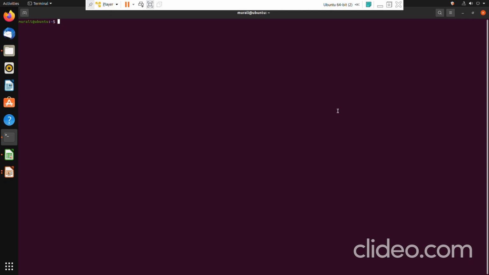Whatever editing operations we do with VI, we can very well do with SED, but non-interactively and much more than that. That's why we call SED a non-interactive editor. Non-interactive editor means just by issuing the command, we can do the editing operations on a file or a set of files with the help of the SED command. So what is the advantage of non-interactive editing? The advantage is that it can be faster.